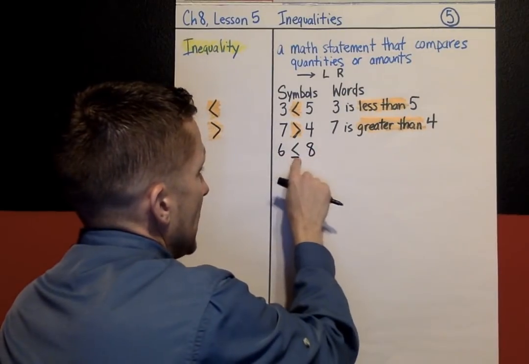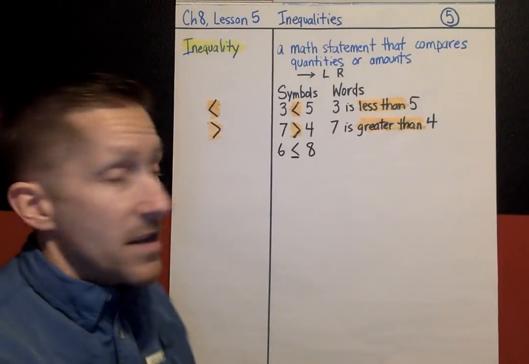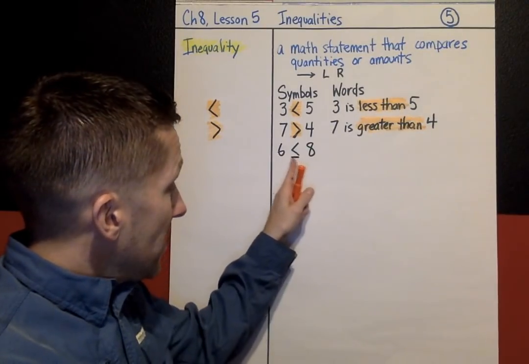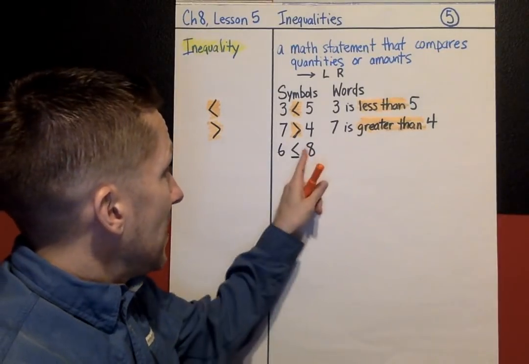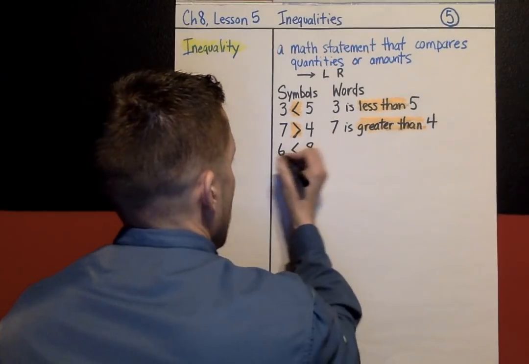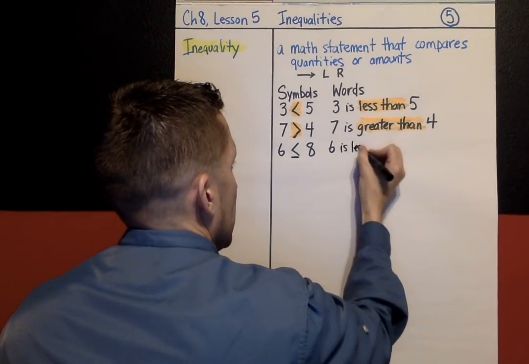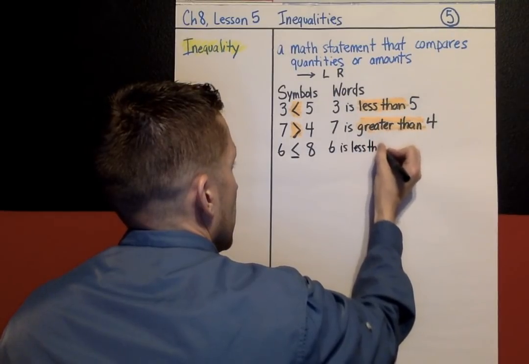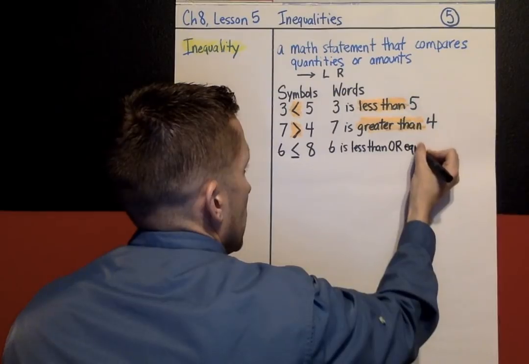When there's a line underneath the inequality, so it looks like that inequality but with a line underneath it, that translates to is less than or equal to. So in this statement right here, it would be 6 is less than or equal